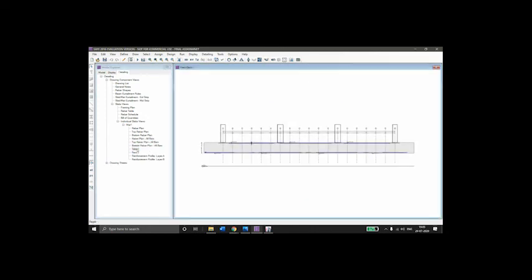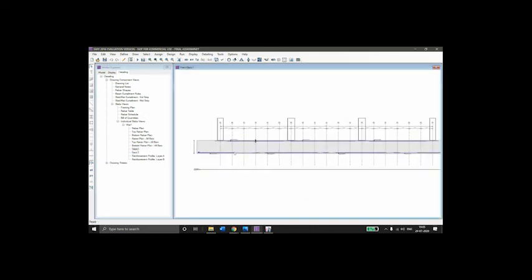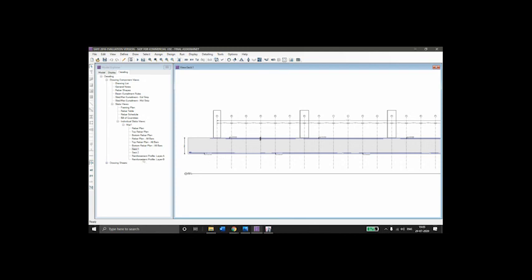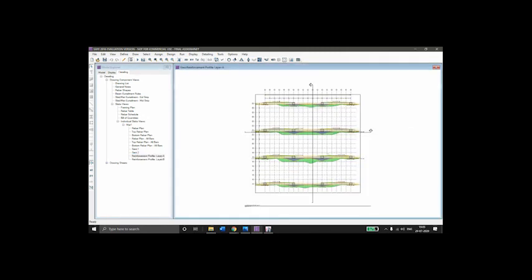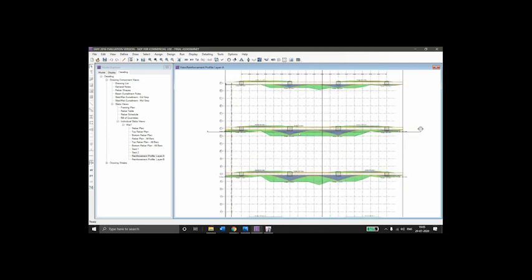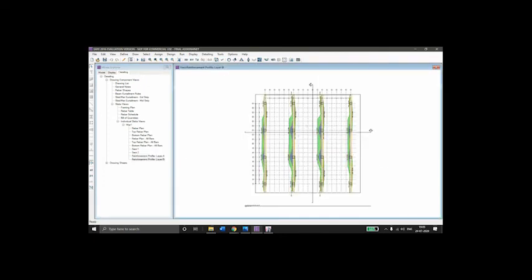The elevation section, here we can see the top reinforcement and bottom reinforcement. Elevation section in the other direction, and reinforcement profile, here we can see the profile in the layer A direction. For layer B direction, here is the profile.